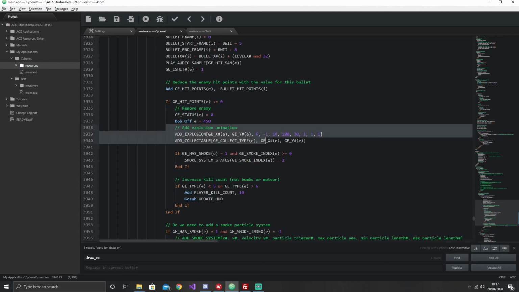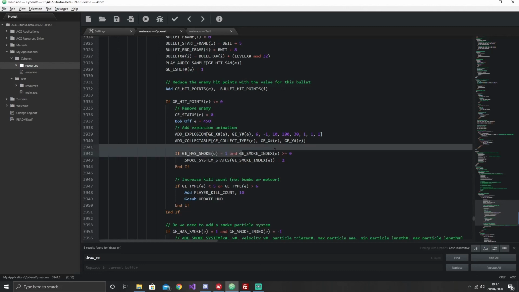So this is where a ground enemy is getting removed because it's been destroyed. I don't think I showed you this, but all we're doing here is checking if it has smoke, and if the smoke index is greater than 0, this is where we're setting the smoke system status to a 2, using the index that was stored when we added